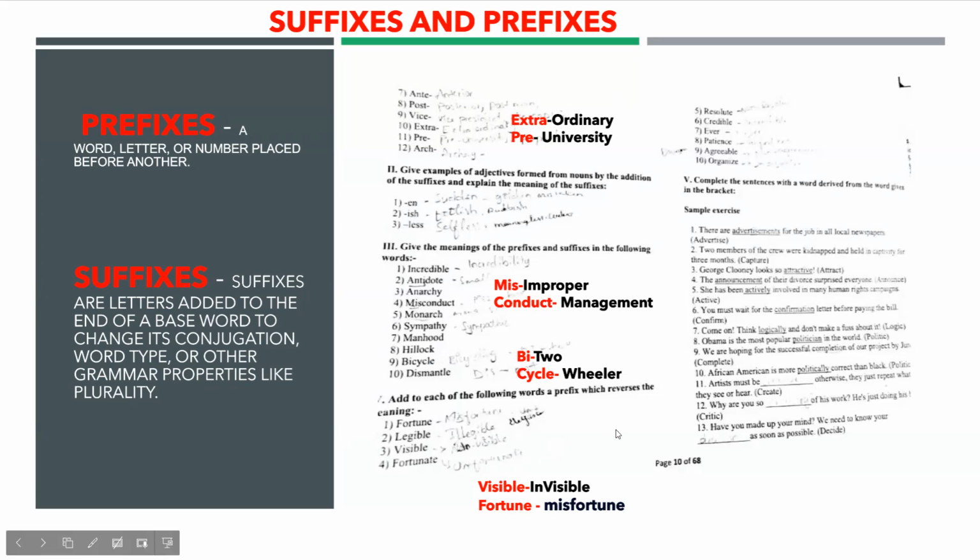Then we have another type of question raised in exams. Here, add to each of the following words a prefix which reverses the meaning. We have been given some words here. If we need to add some prefix, means before this word we'll have to add some letters that will change the meaning of this one. It will just reverse the meaning of these words. So